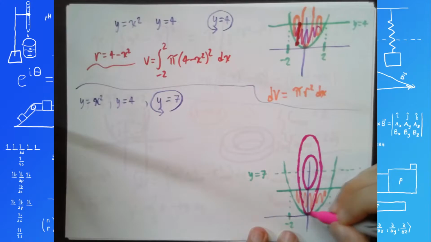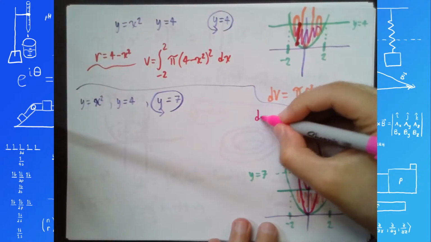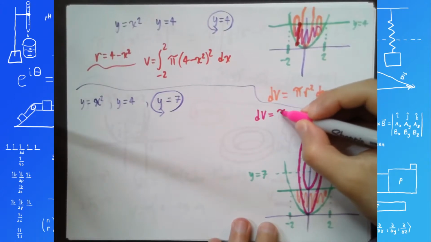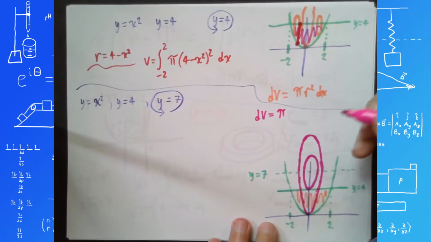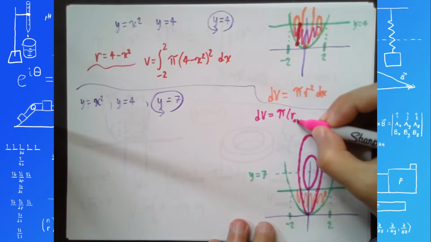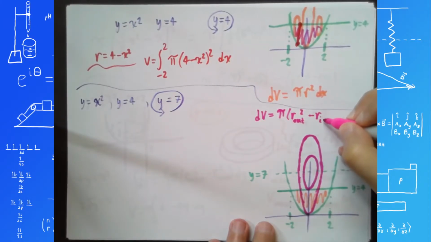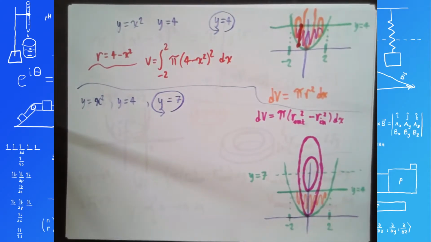So now we have an inner radius and an outer radius to calculate. So now our dv is going to be pi r outer squared minus pi r inner squared times dx. Pi, r out squared minus r in squared, dx. Okay,